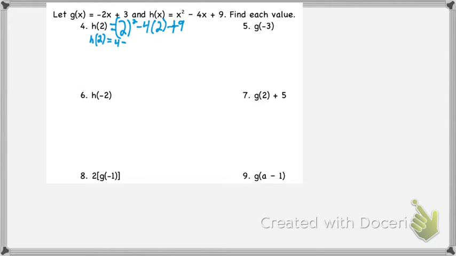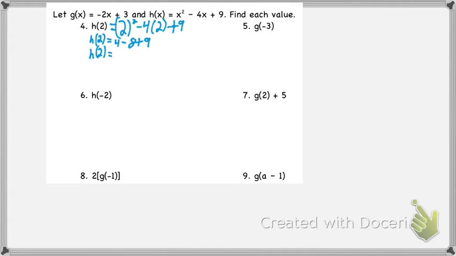So I can do 4 minus 8 plus 9. Now, if those were not separated by subtraction, I couldn't do it at the same time. But because they are separated by either addition or subtraction, it's okay. Because that would have been my next step anyway, right? Is to multiply that 2 and the 4. Okay. So now h of 2